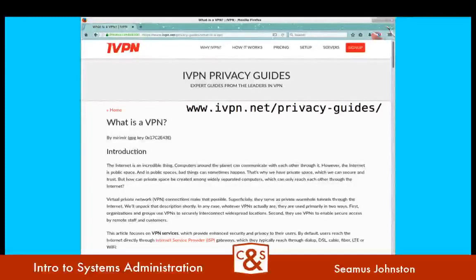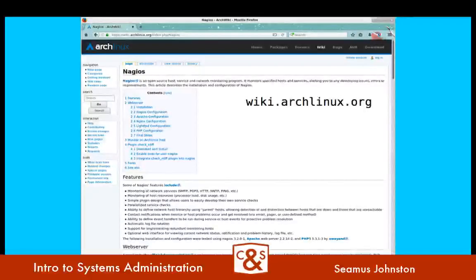For virtual private networks that I mentioned earlier, the company IVPN's privacy guides are written from the consumer point of view, but they contain really good conceptualization of what a virtual private network is. Arch Linux is a distribution of Linux like Ubuntu or Slackware or Gentoo, that happens to have a really, really super well-written wiki, in my opinion. So I often go there, even when I'm working on a different distribution of Linux,